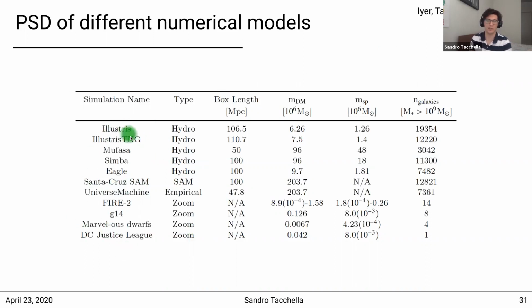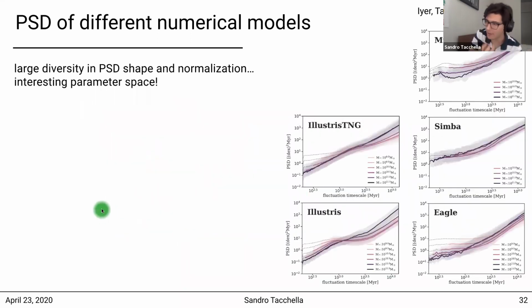You can see here, this is Illustris TNG. Of course, we're well-known models here at the CfA. And then we have also other simulations that are all kind of these large box simulations. And then we also have a few simulations where we have these zoom simulations with the high resolutions. And so how does the power spectrum look in these simulations? And I show you here,